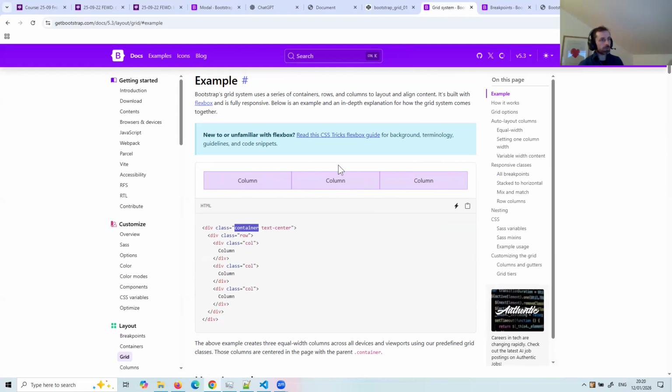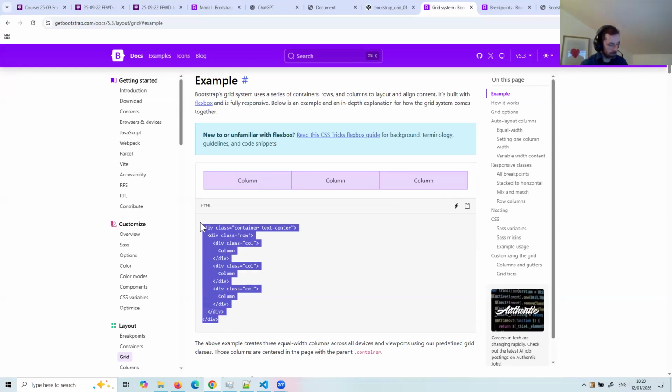If you think of the outer one as the container, and row is the purple section, and then you have cols, right? So col. That's the three bordered boxes there. And if you put col, it equally spaces them, and it puts a block on the screen. As the screen size reduces, it resizes everything just like a flex box. So if you wanted to take something like that there and copy it and put it into your play example,